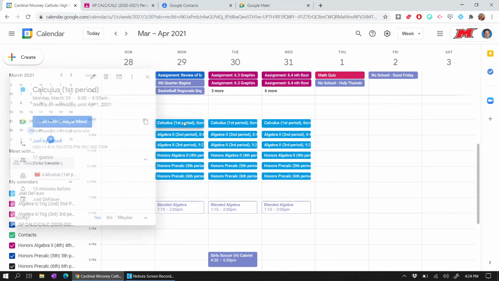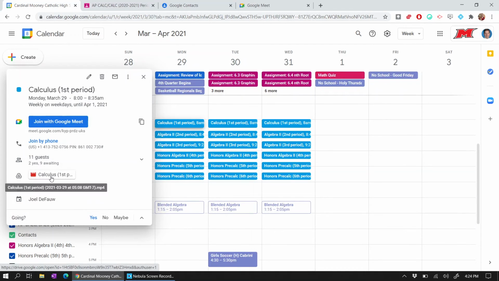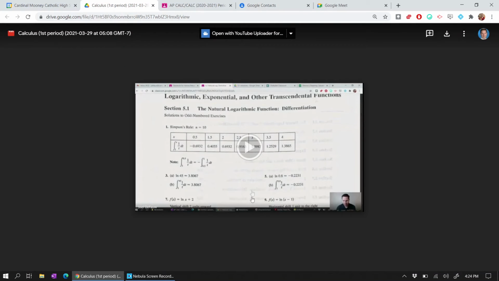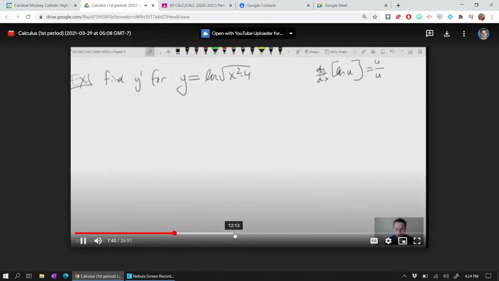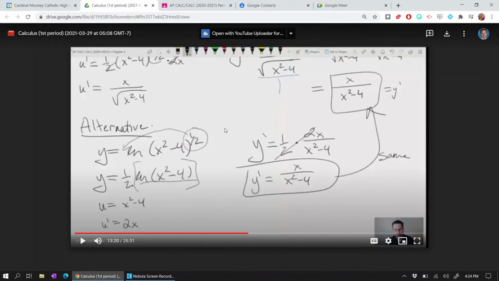But here's the other thing. Notice that when I click on this, there's this little thing right here. If you remember to record your Google Meets, those actually will show up here. It'll be an attachment on that particular day. So if I click on this, it actually pops up the recording for the Google Meet for that day. So that's also an excellent way for you to be able to access your old recordings and what things you covered on a particular day,